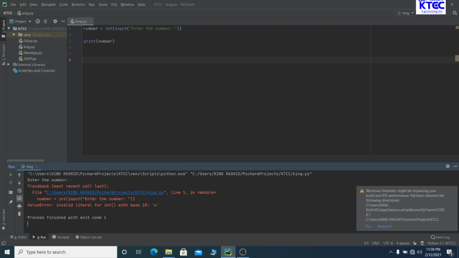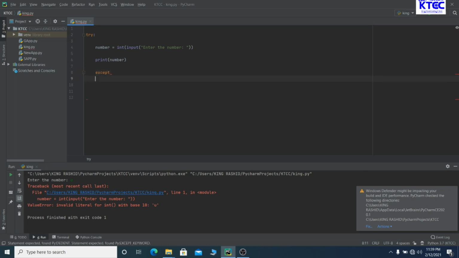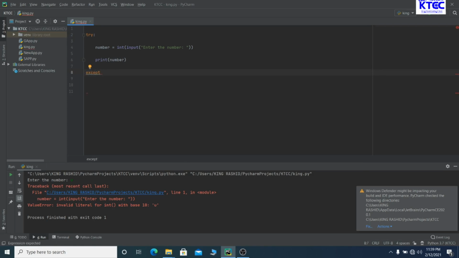So let's see how we can use the try except block to catch this error. To do that, we use the try keyword here. To make this work, we're going to indent this, so you select it and then tab over it, so it's inside the try except block. With this, I'm going to say except. Let's say except, which kind of error? Except, let's say,